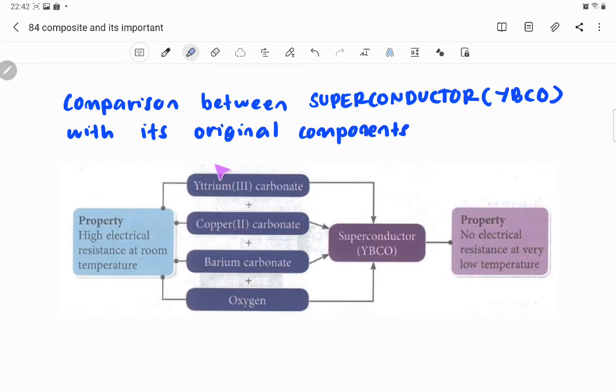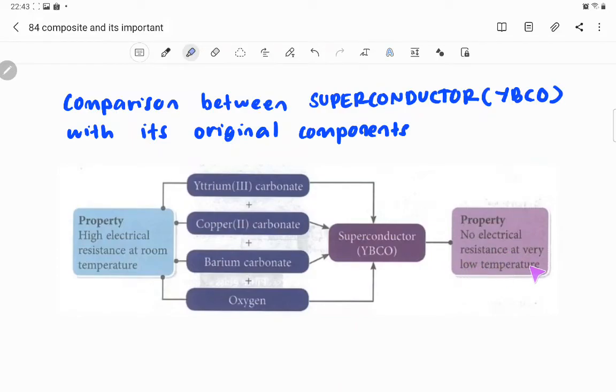Alright, so as you can see, okay, yttrium carbonate, copper carbonate, barium carbonate, oxygen, property, okay, untuk keempat komponen ni, alright, high electrical resistance at room temperature. Okay, but when it becomes superconductor YBCO, okay, property was enhanced where no electrical resistance at a very